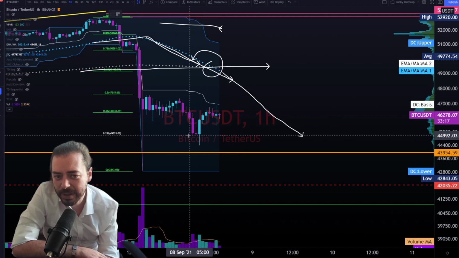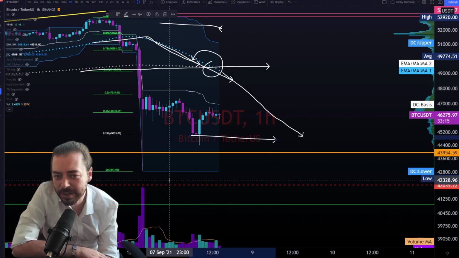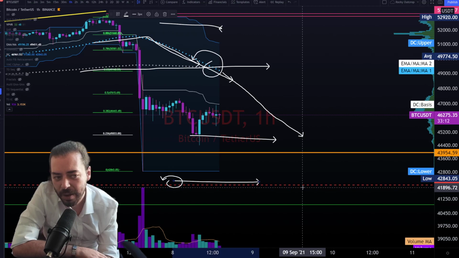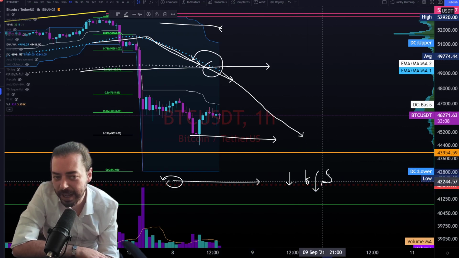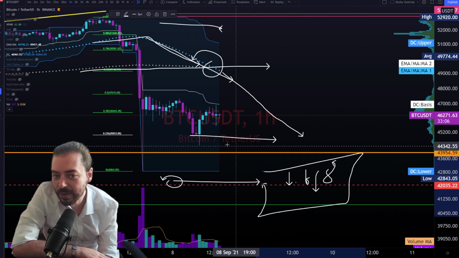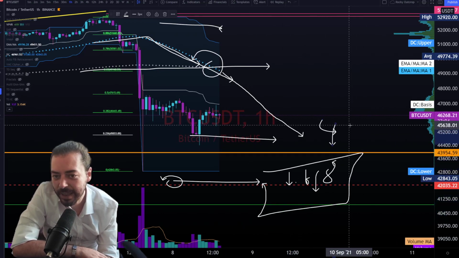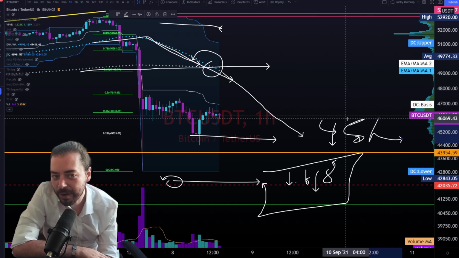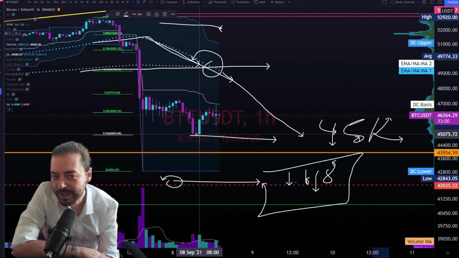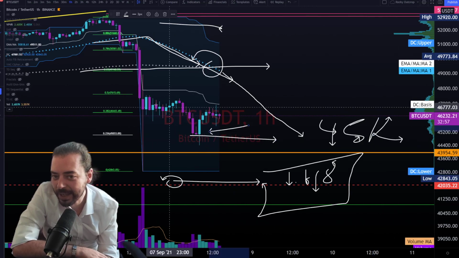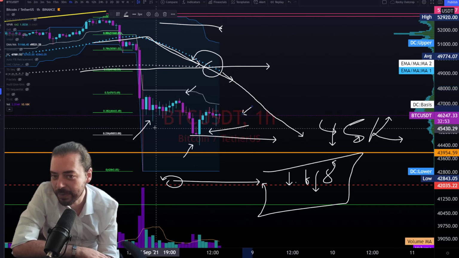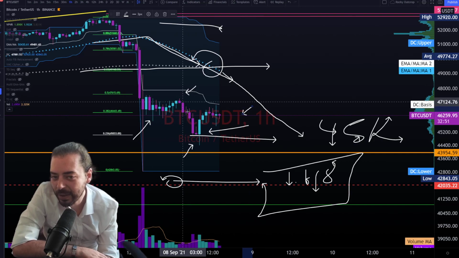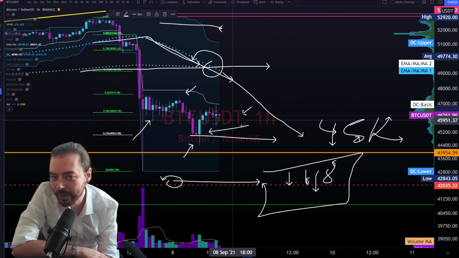So really, in terms of this movement, if I was looking down towards this region where the 1618 retracement was coming in, and I was looking to aim towards that zone, then I'd be managing my risk clearly at that 45k area where the 236 is, because that's also got confluence with where our last low was. And then of course that would form part of a trend where you have a low followed by a lower high followed by a lower low followed by a lower high, and so forth.